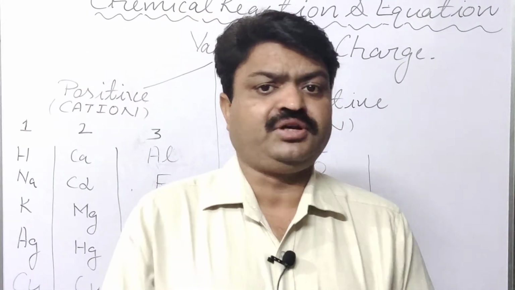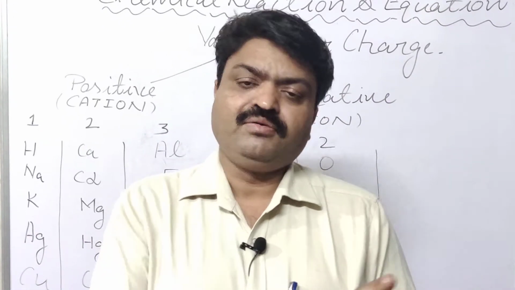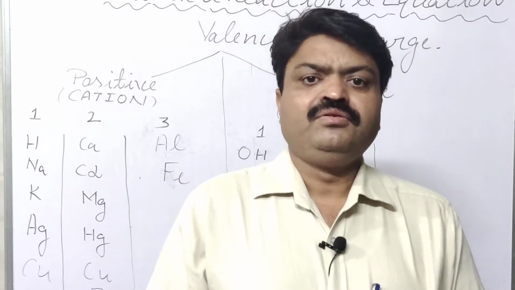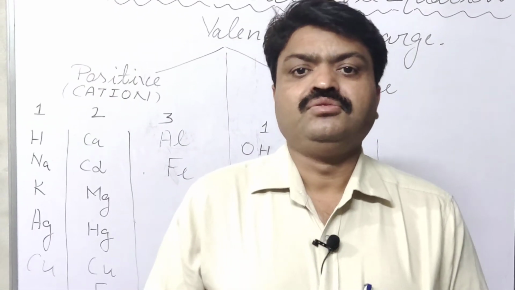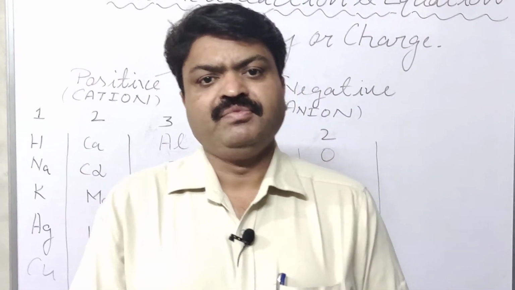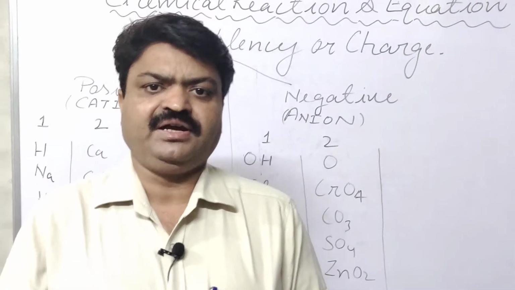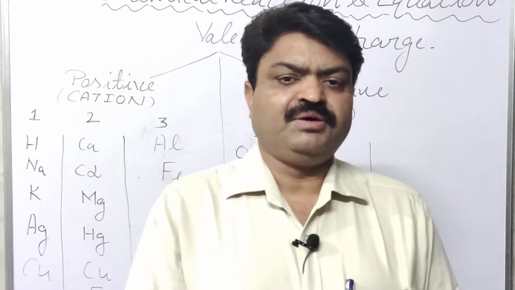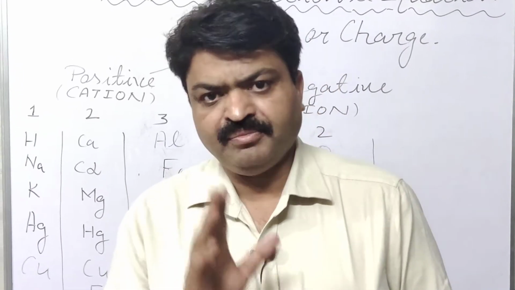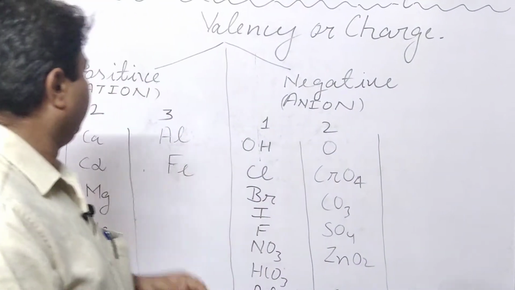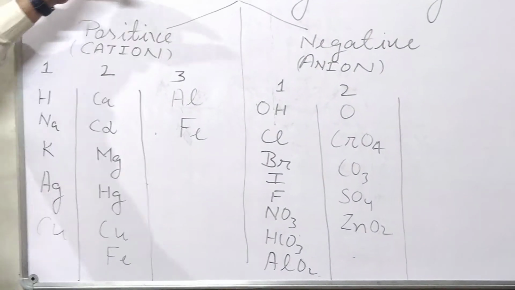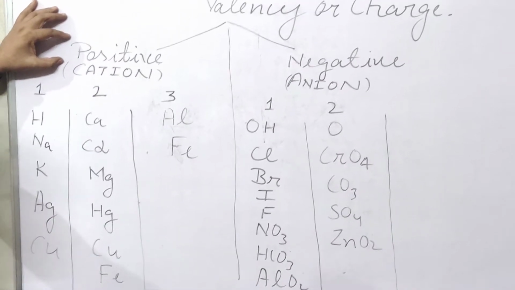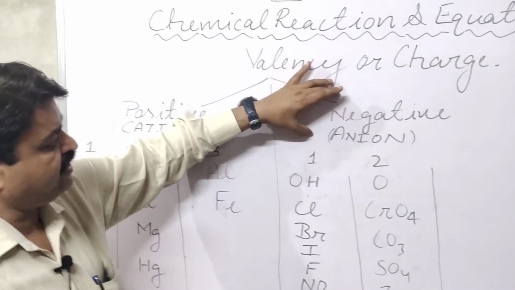So there are two types of ion, monoatomic or polyatomic. Mono means single, and you will learn the valency of all those monoatomic and polyatomic ions. If you learn that, then you can easily write the chemical formula. So today you will learn the valency of the monoatomic and the polyatomic ions. Like I have written here the valency of some. Here I am writing the positive, positive means the cations, and on this side I have written the negative.